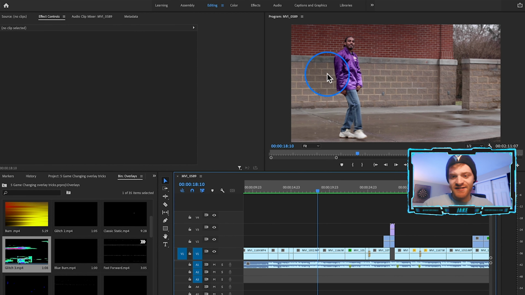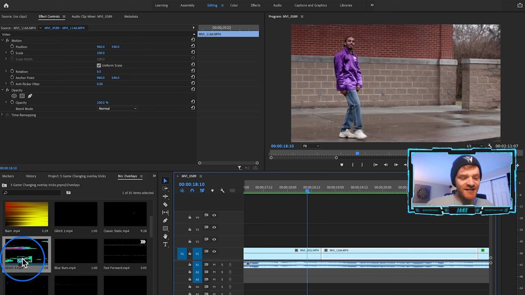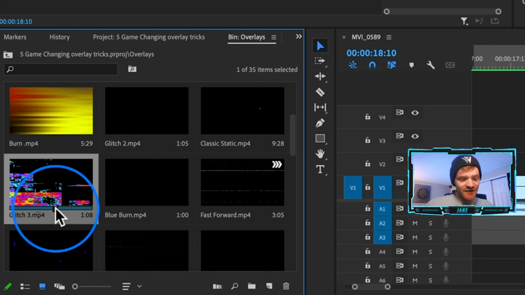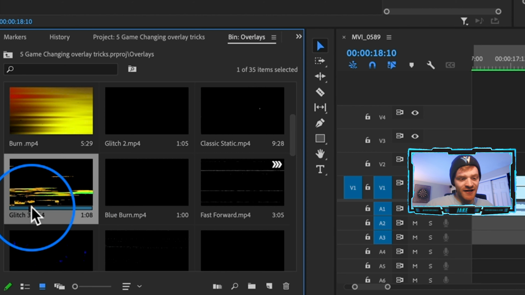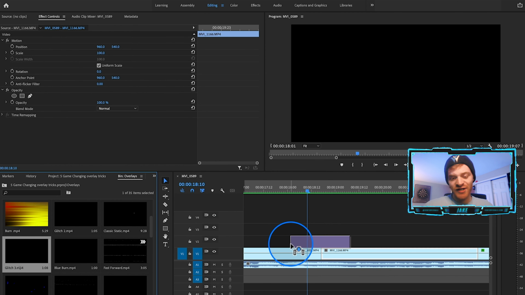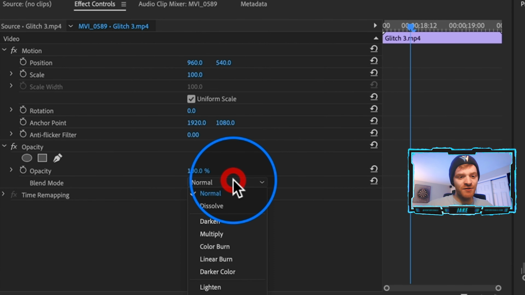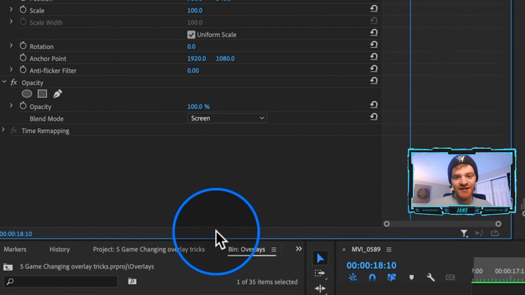So right there, it starts to get a little bit bland. What I'm gonna do is just take this glitch overlay here, which if you scroll using this little icon right here, you can see exactly what that is gonna look like. I'm gonna take this glitch overlay and place it in between both of these clips. So obviously we gotta get rid of the black color from this overlay. So we're gonna come over here to opacity, change it from normal to screen, and that's gonna get rid of